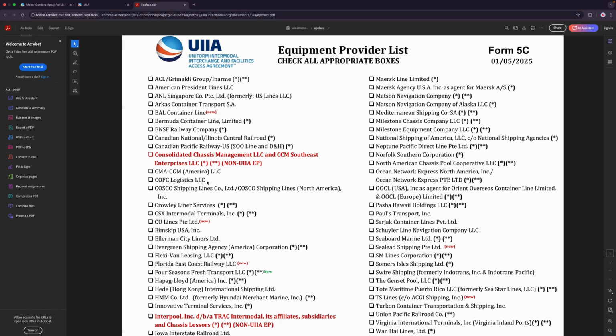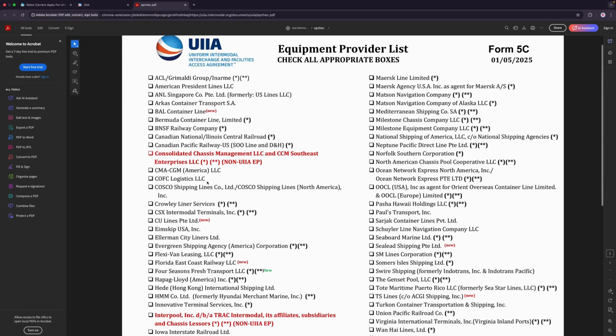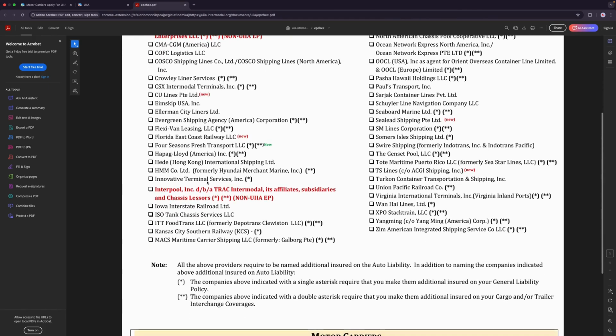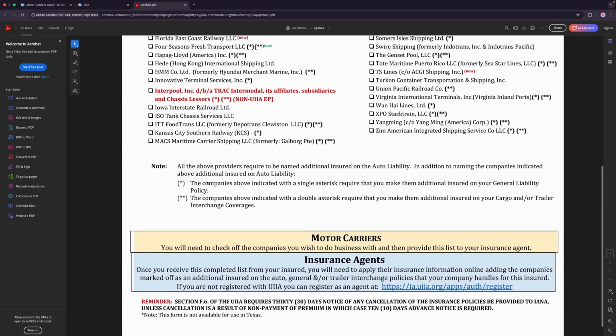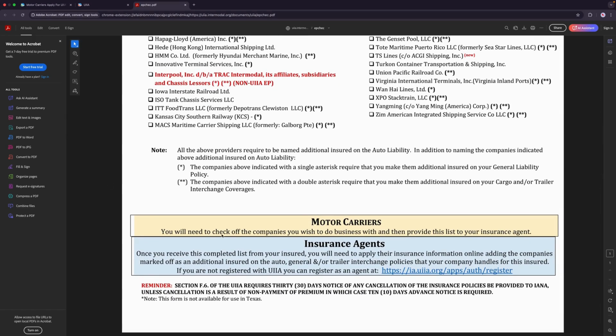If you know you're going to work with Norfolk Southern, definitely check off Norfolk Southern. And then you will continue to get the process moving, and you can add additional equipment providers as you go along. If you notice at the bottom of the equipment provider list, it says for the motor carriers that you will need to check off the companies you're going to work with, and then you're going to provide this list